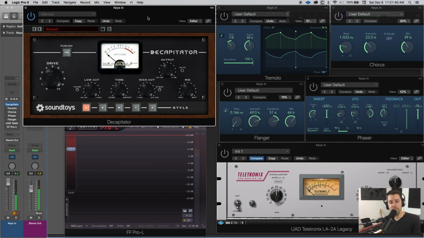So distortion can be that fuzzy sound. It can be a lot more subtle too. So distortion is not only an effect that we use, but it's also a coloration tool in mixing. One example would be if you have a sub bass that's really low and you want it to cut higher up on the frequency range, you might put on distortion and then it will cut through higher up